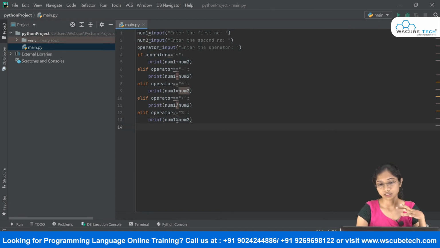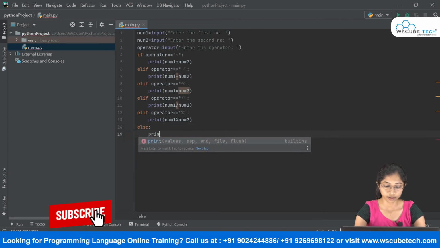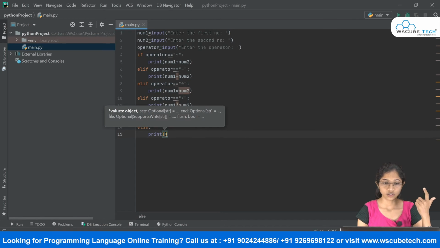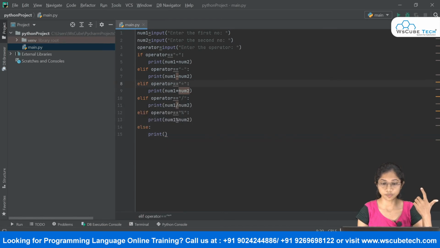So that's it. These are some of my most commonly used operators that a user can give. So I'm writing this condition over here. And the last one would go under the else part, that is print. If the operator is not from this choice, then you simply print that it is definitely an invalid operator. So I will just say invalid operator. Fine, so we have successfully done with this.